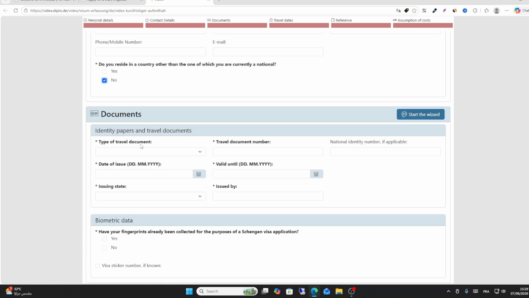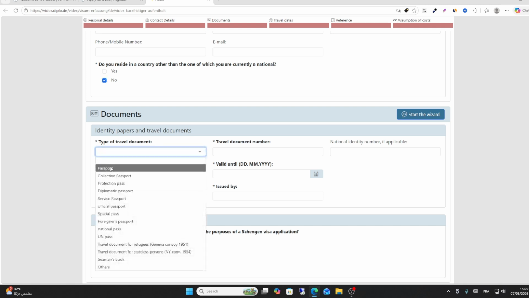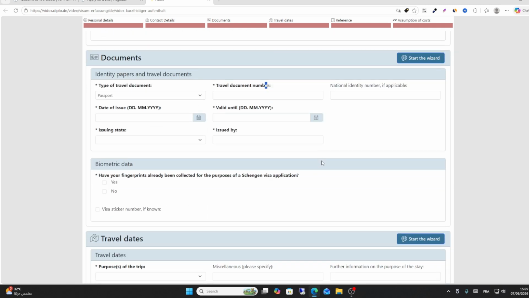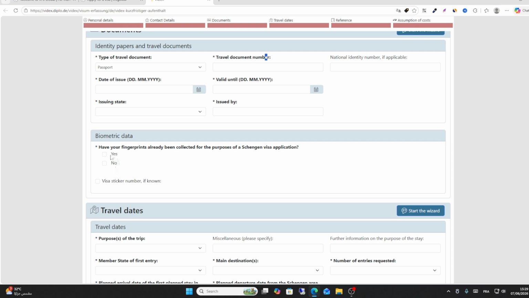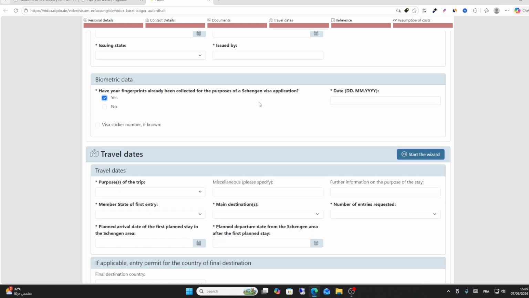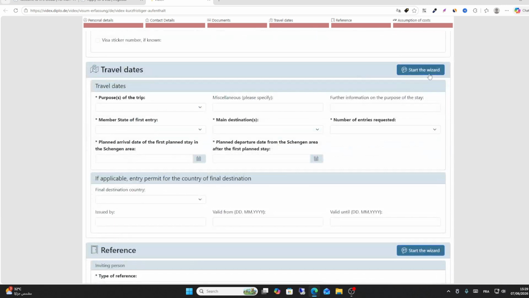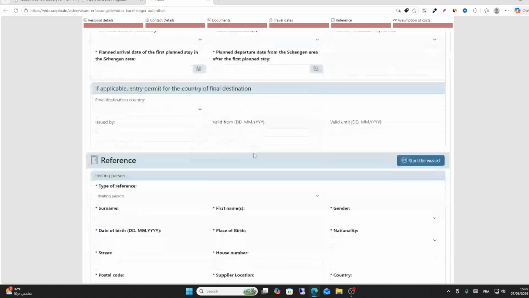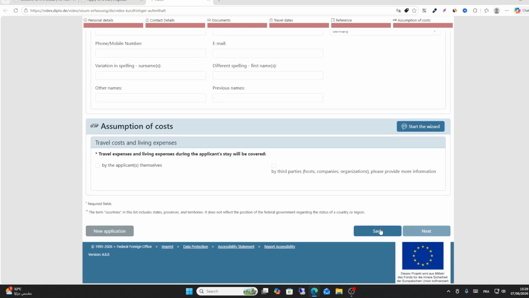From here, choose your travel document type, passport or travel document number. All information here, biometric, if you have biometric information for the visa application. From here, click start wizard. You should fill in the travel data. Fill all this information here, and then click save and click new